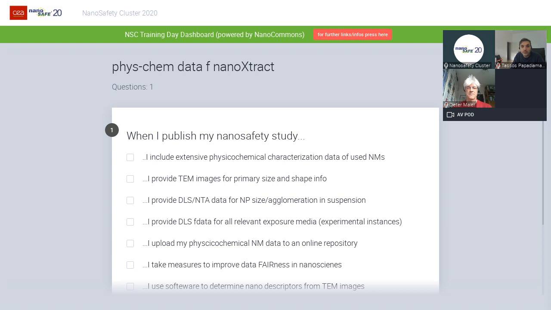I do see already Dieter Maier on the right in the video and Tassos Papadiamantis on the left. Welcome, the trainers of the next session on the NanoCommons knowledge base and on the NanoXtract image analysis tools developed within the NanoCommons project by NovaMechanics.